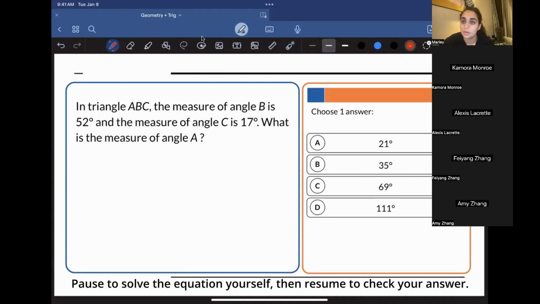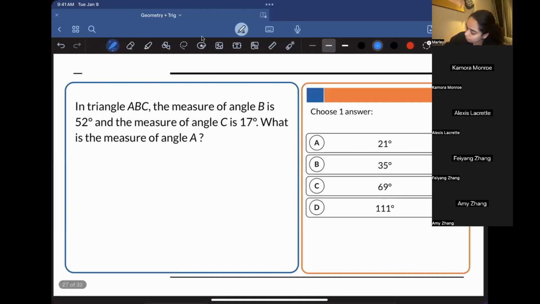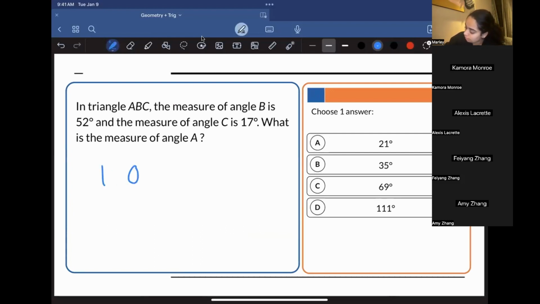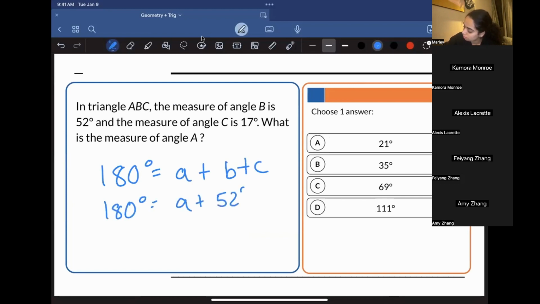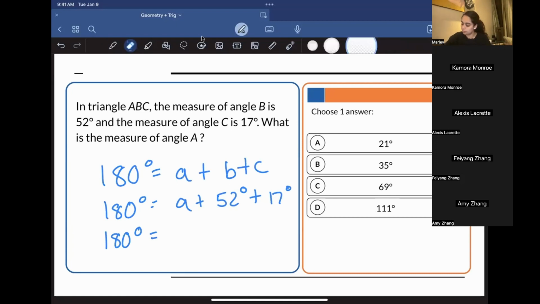Okay, so we don't even need to draw this out, but if you want to draw it out, you totally could. We know that triangles have 180 degrees, and we have to find angle A plus B plus C. And if we just plug, let me get this. And then let's not do it that way. Let's just